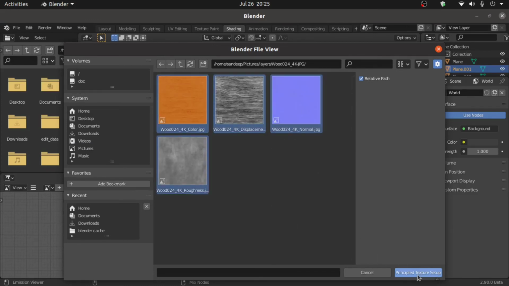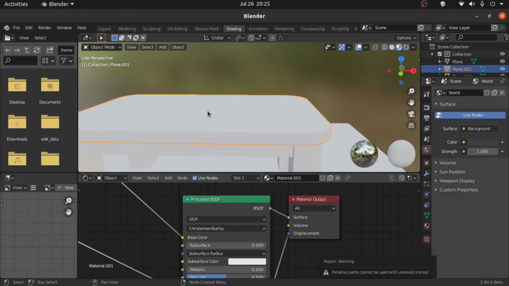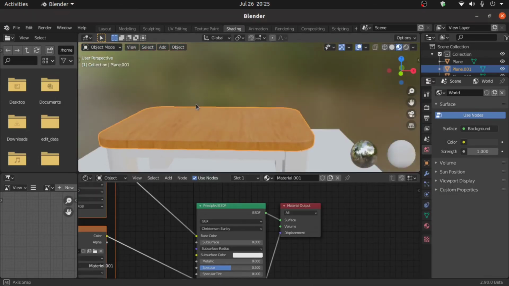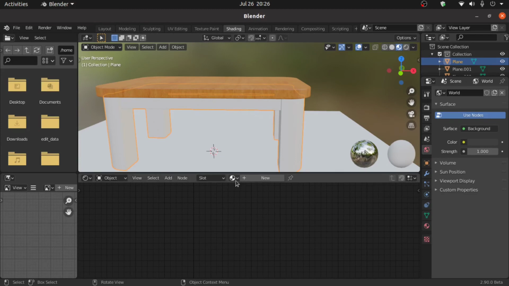Press A to select all the textures. Now select this, click on this arrow, select material 0.01,